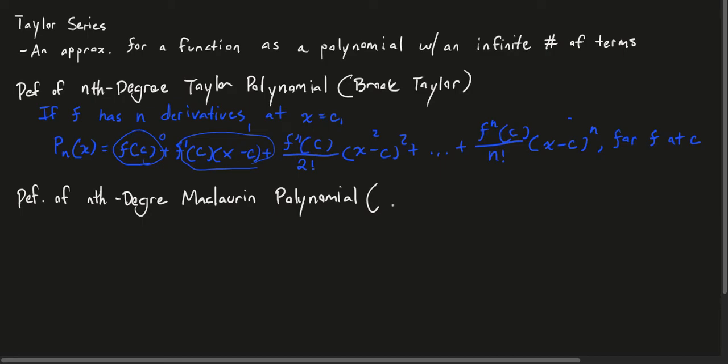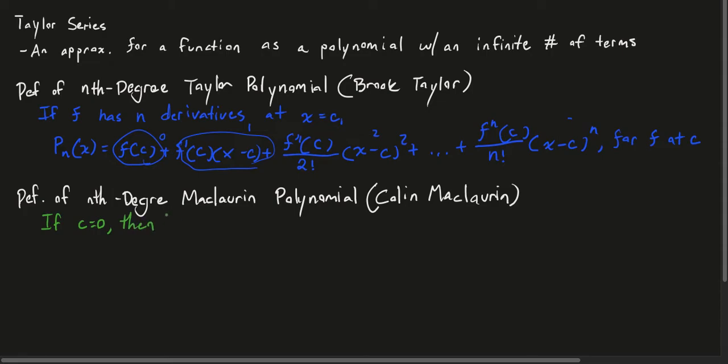And this was made by Colin Maclaurin. What this basically is, is the Taylor series, except it is always centered at x equals 0. So the rule is, in this case, c equals 0, the constant. So in this case, if c equals 0,